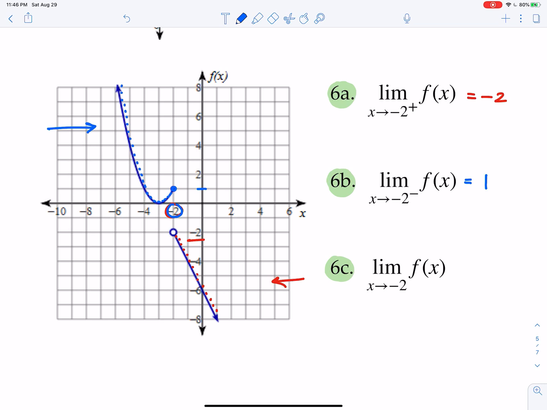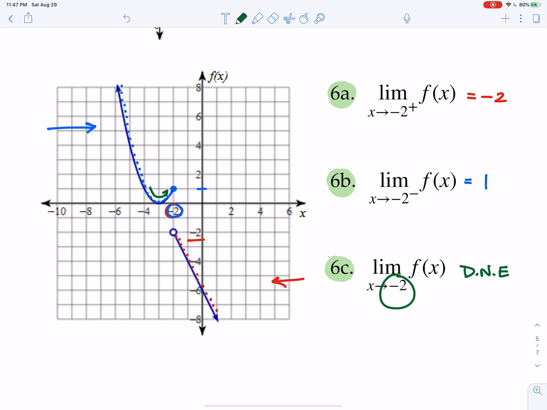Here's the tricky part, though, is when I just ask you for a straight limit with no left hand or right hand involved, what do we notice here? Well, if I'm coming from this side, the left side, my function approaches 1, but if I come from the right side, my function approaches -2, and in the words of Katie Heron from Mean Girls, in this case, the limit